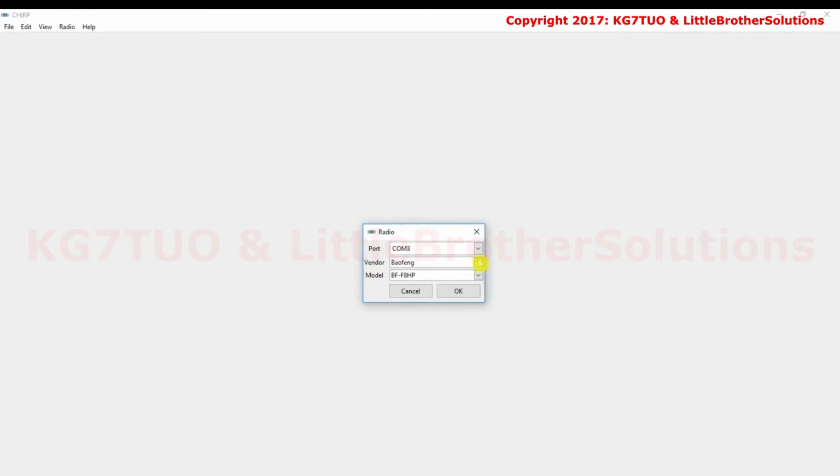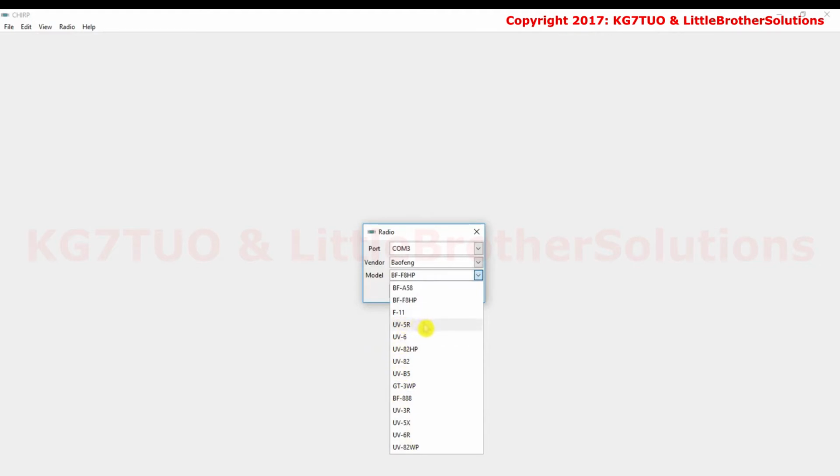My radio that I'm importing from is a Baofeng, but you can click the list and select from all these other vendors. And the radio I'm importing is a UV5R Tri-Power, which uses the same profile in Chirp as the Baofeng BF-F8HP, so that's why I have it selected. However, there are all the other radios that Baofeng makes. You'll notice the UV5R is there.